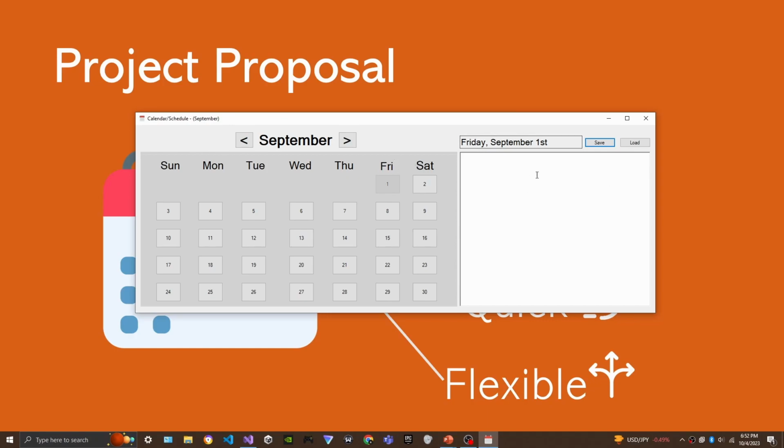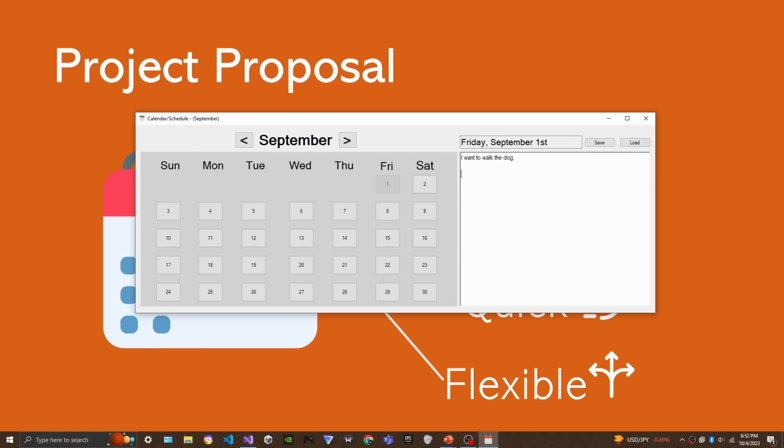It's very easy to get to right where you need to be if you want to make notes for the 1st of September, which is on Friday. When you launch up the application, that's the default day that it'll pick. And then you can just come over here and make your notes. You can say that I want to walk the dog,